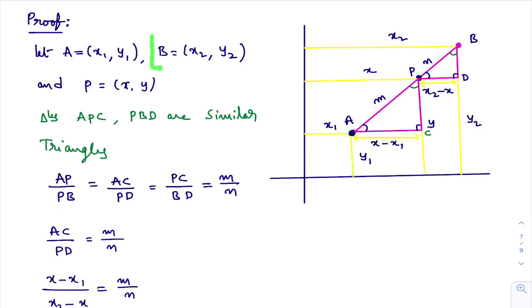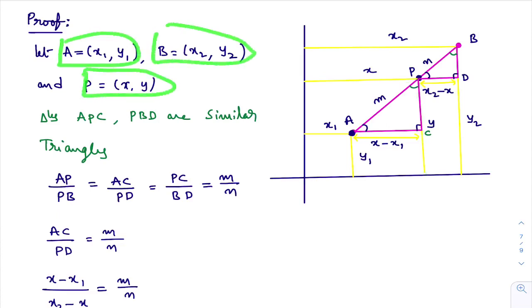Okay. Now you see here B is (x2, y2). From the diagram, see, this length is x2, this length is y2. Why? Because you consider B as (x2, y2) now. And they have given that P is a point on the line segment AB which divides AB in the ratio m:n. They have given that P is (x, y). See here, I have taken P here. As P is (x, y), this length is x, this length is y. So now you understand what is A, what is B, what is P in this diagram.